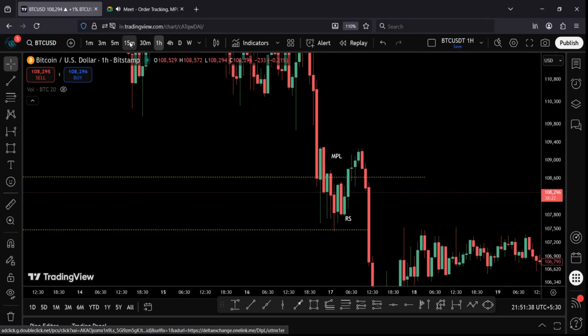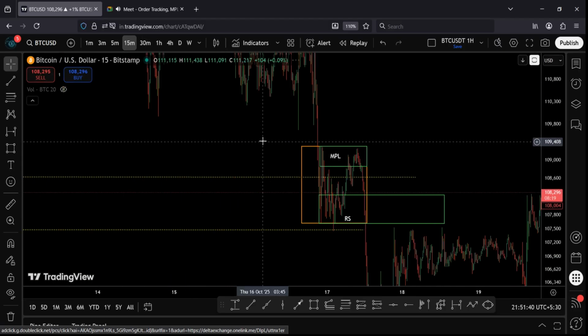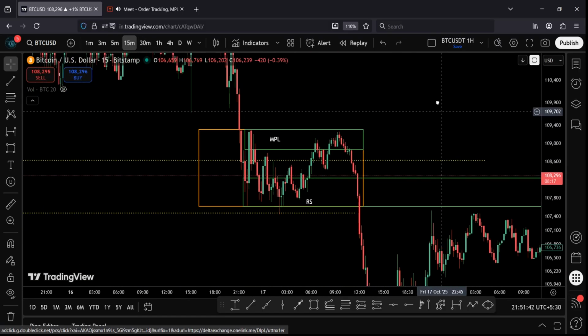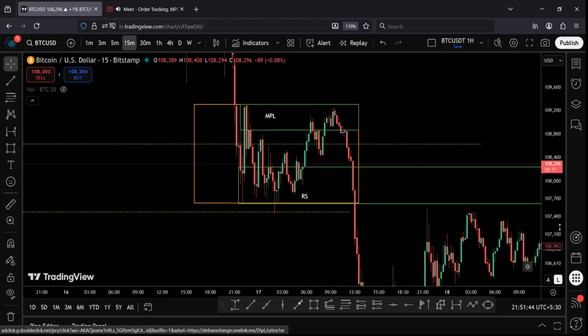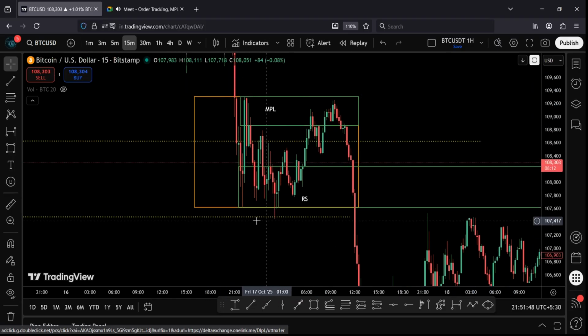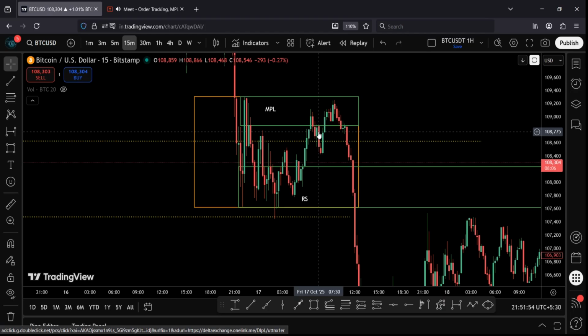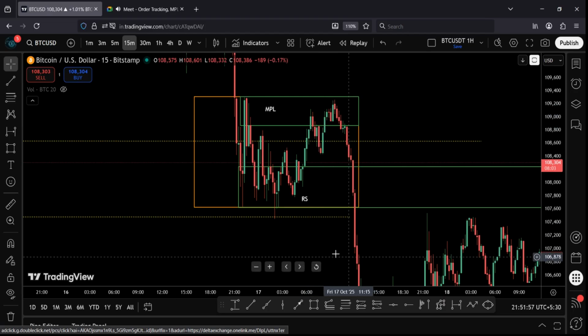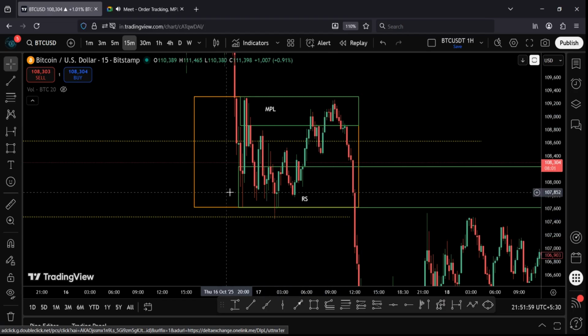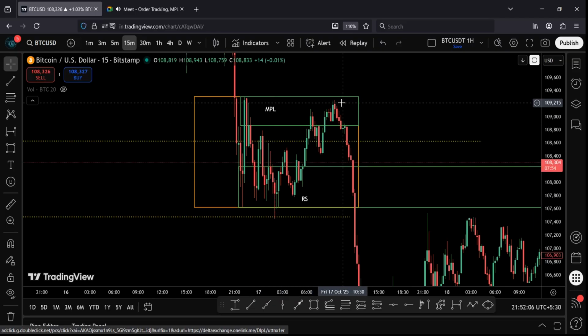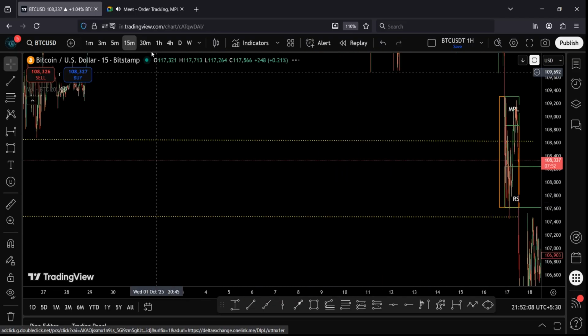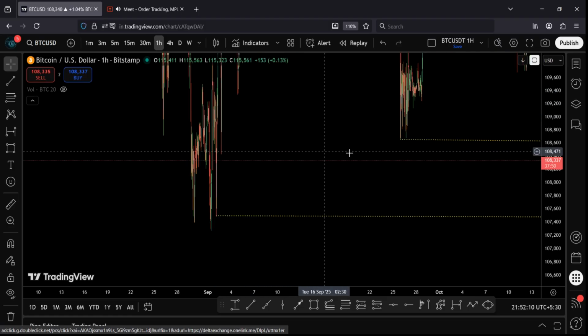If we go back to the 15 minutes chart, this was our MPL. When price came back, this engulfed here, another zone engulfed here, right? That means price will go back to a zone and then fall down from there. But the RS zone, it is just close to the RS zone and didn't fall from here, so it goes to the MPL zone and falls from here. And till where it will come, it will go.